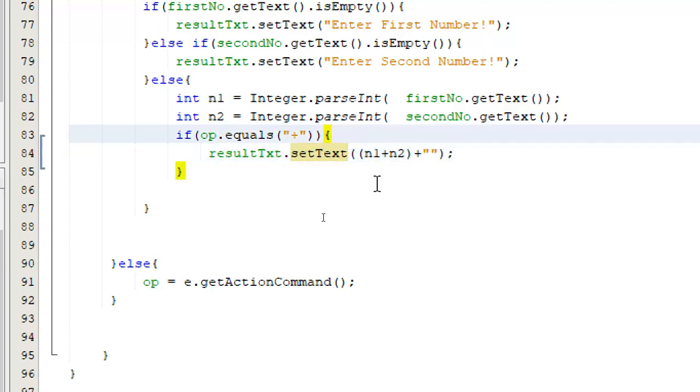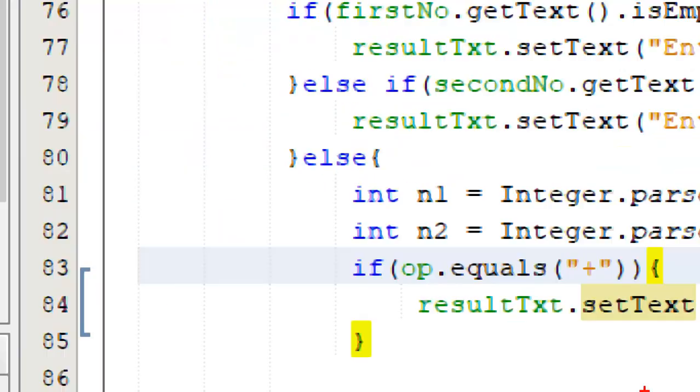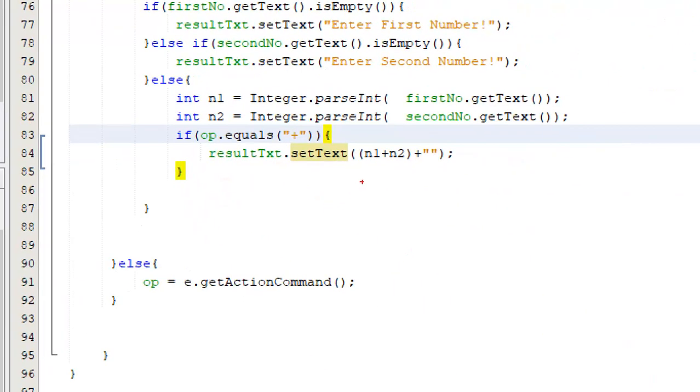Now it may appear to be a bit complicated, but let's look at what I have done. I took the first number n1, I took the second number n2, I added both of them. So when you add two integers, what you get is an int, but what you are doing is you are trying to set a text.